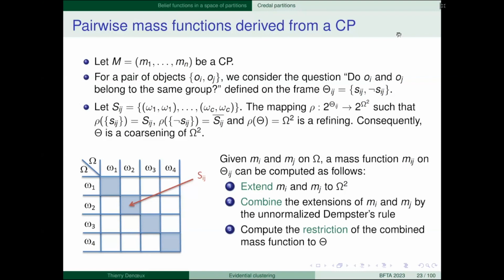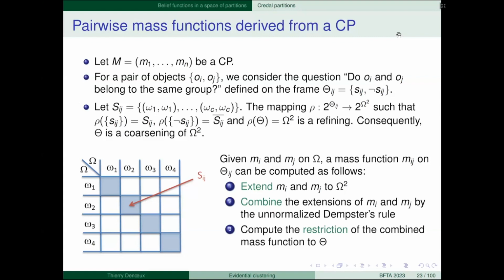I consider this set, the set here corresponding to the diagonal. So it has omega 1 and omega 1, omega 2 and omega 2, and so on. So you see that actually this omega square is a refinement of theta ij.